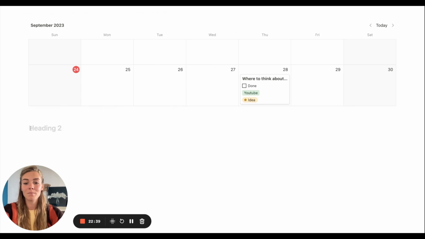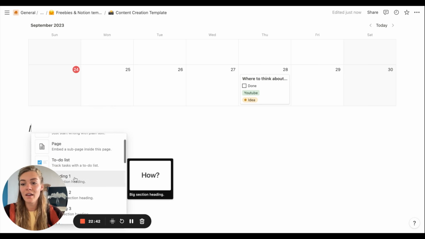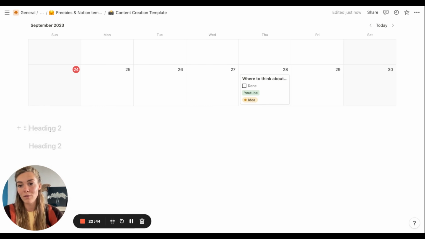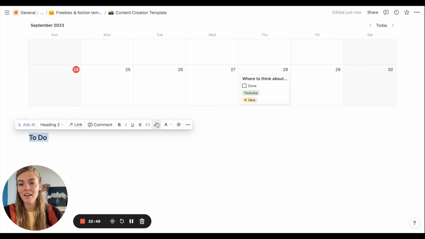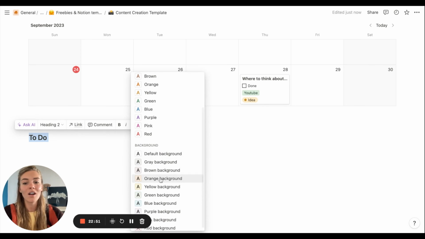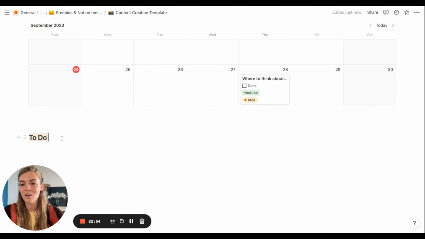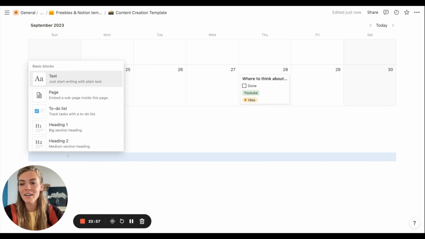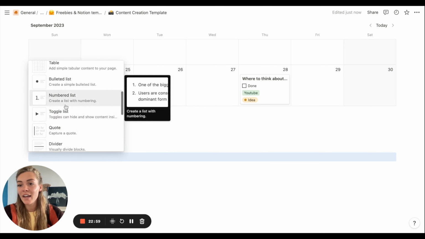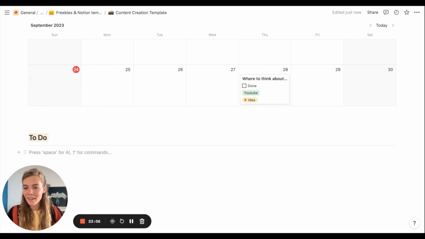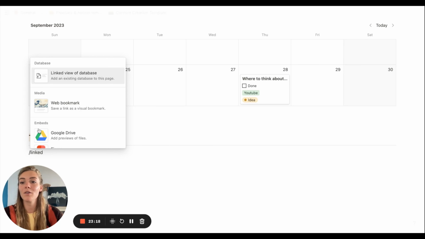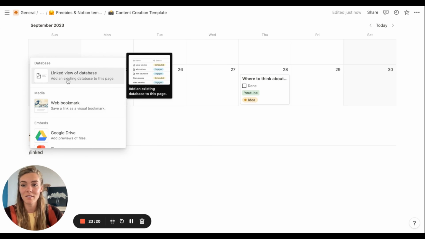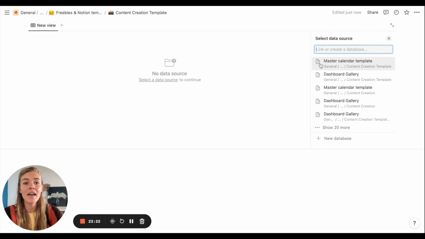How we're doing that. / click on heading 2, because I would like to use a heading. I'm writing down to do. Then I select it, and I really like to give it a color. I like to use the orange color. It reminds me a bit of Morocco. Then I click on the plus sign, and I use a divider just to make it look a bit nicer. And I'm pressing /. I'm typing down linked view of database, clicking on that, and we're using the master calendar